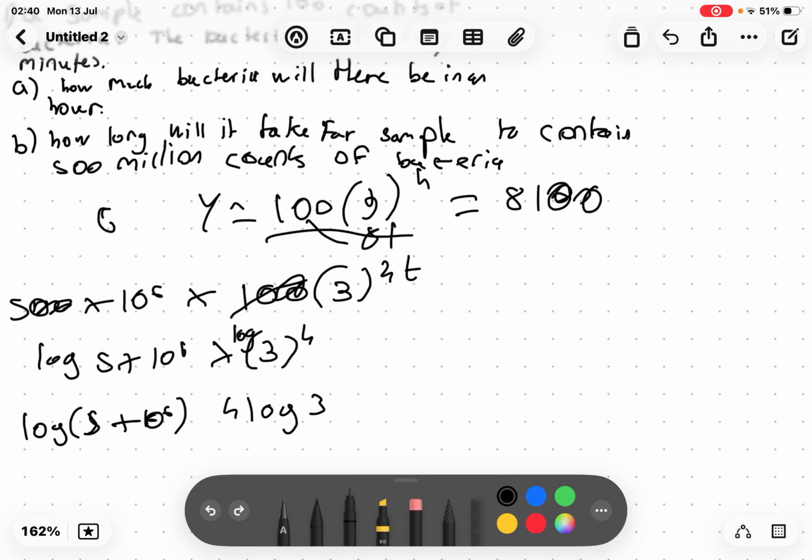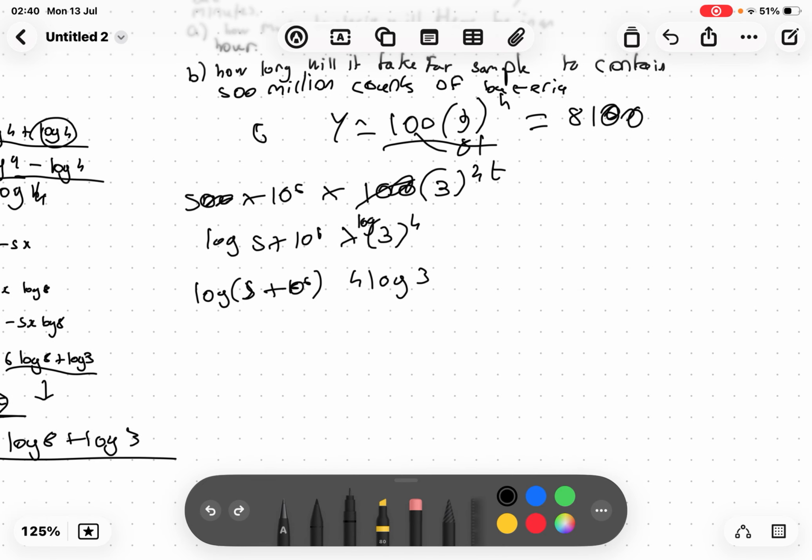We'll answer in hours, because that's all in 15 minutes. How many 15 minutes? That's why we keep the 15 minutes, but we still need to know the time. And so we have t, so the 4 was here, and we moved it here, and now we want to leave the t on its own, so we divide this by 4 log 3, and so t equals